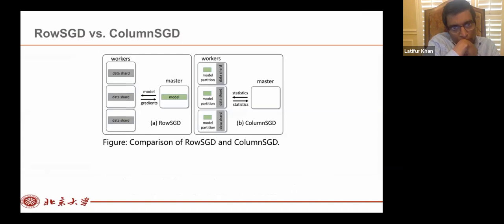We now summarize the difference between RowSGD and ColumnSGD. In summary, they have 3 differences. The first one is the strategy for partitioning the training data. In RowSGD, the data is partitioned by rows, while in ColumnSGD, it is partitioned by columns. Second, in RowSGD, we use a master node to store the whole model, while in ColumnSGD, the model is partitioned to multiple workers. Last, in RowSGD, we exchange gradients and models between the worker and the master, while in ColumnSGD,